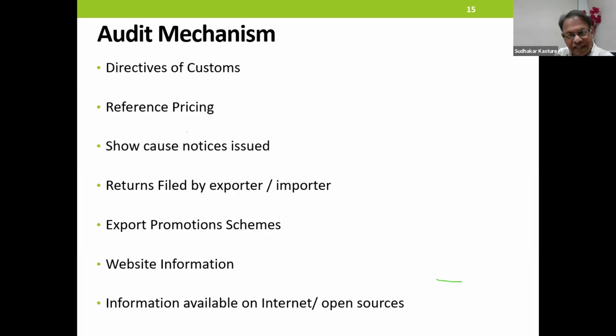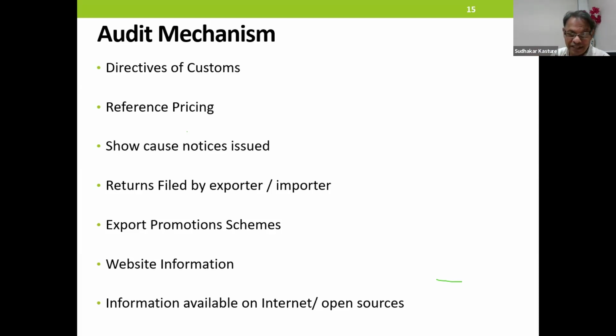How do you file your GST returns? Electronic format. How do you file your shipping bill? Electronic format. How do you file your bill of entry? Electronic format. How do you file your monthly returns? Electronic format. Everything is available electronically. And if you do coordination, you would be able to find out the mismatch.